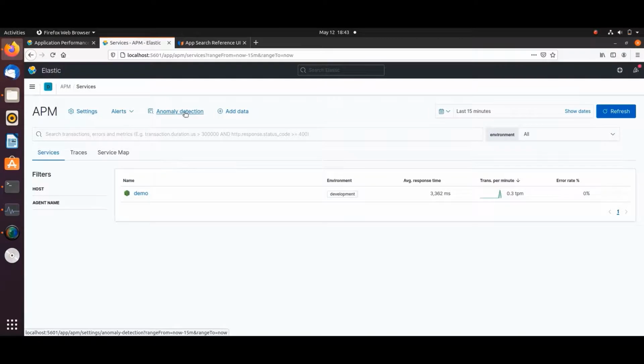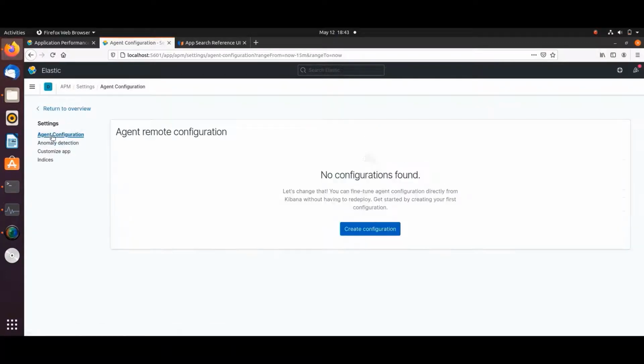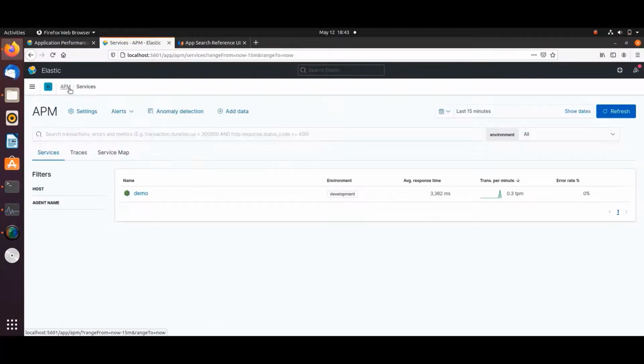We even have anomaly detection based on the data. Since it's a platinum license, we have not enabled it. Then we even have alerts for transaction duration, errors, and counts, and you can even list the active alerts. Currently we have not configured any of those.